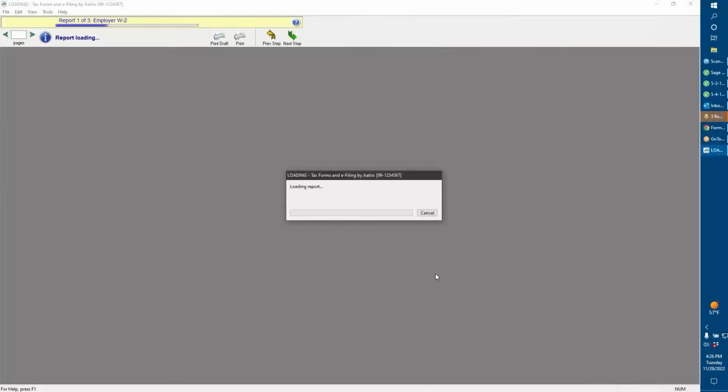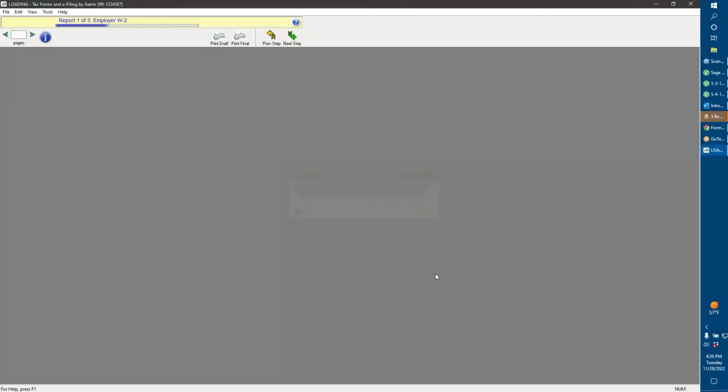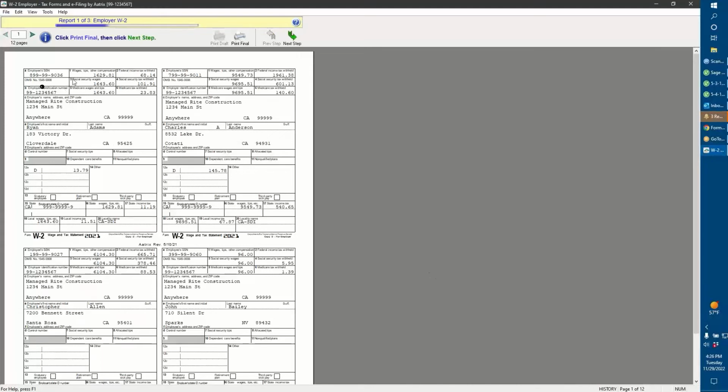Now at this point, we're going to be able to view the reports. Okay? This is for your copy. This is your employer W-2. So you can actually buy perforated paper that this gets printed on. You can burst these and then put them into the employee's files if you wish. This is, again, the employer copy. You want to print it, print it. All we got to do is just hit the print final, and it'll go out to the printer.